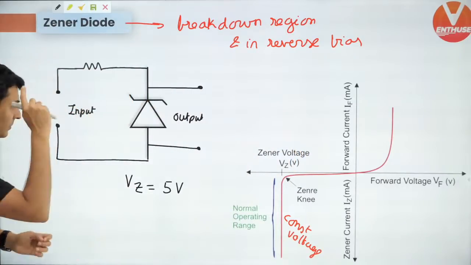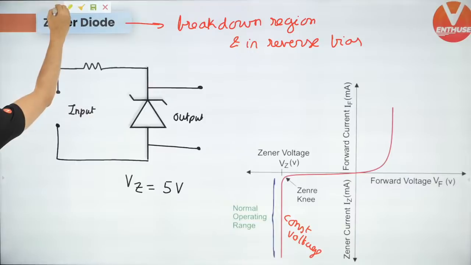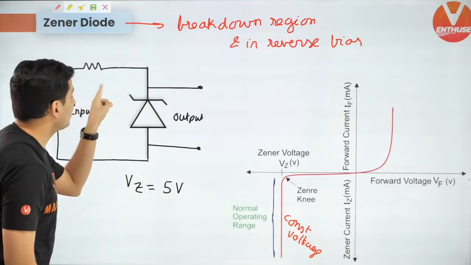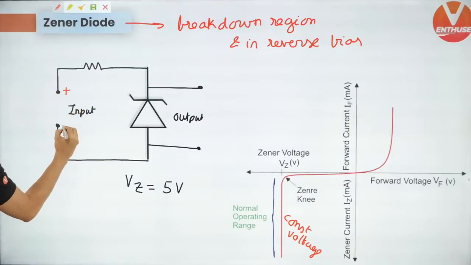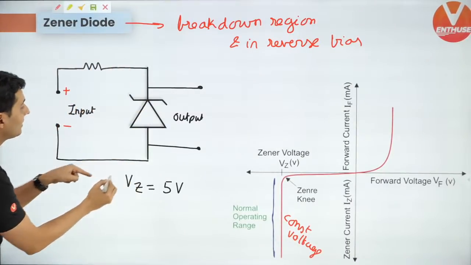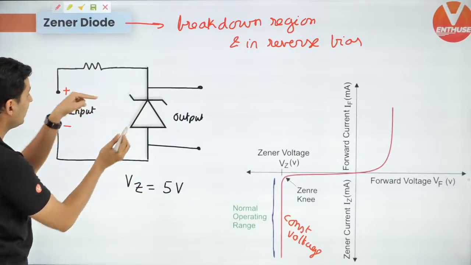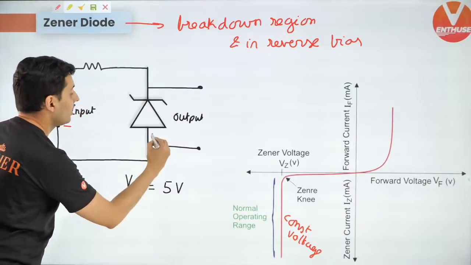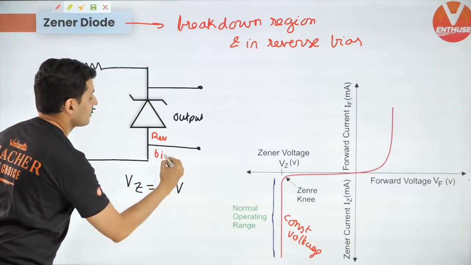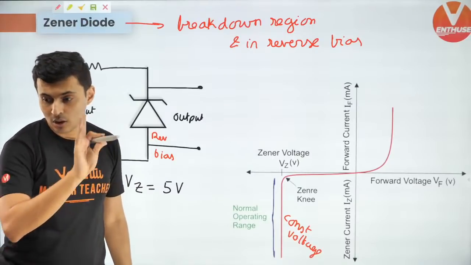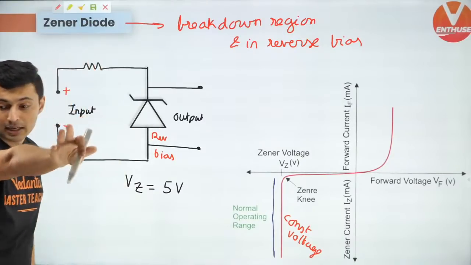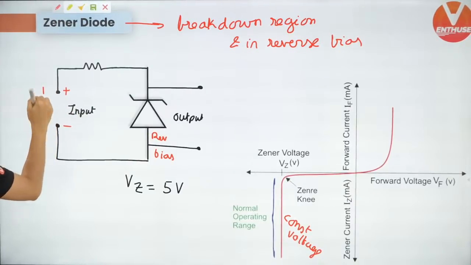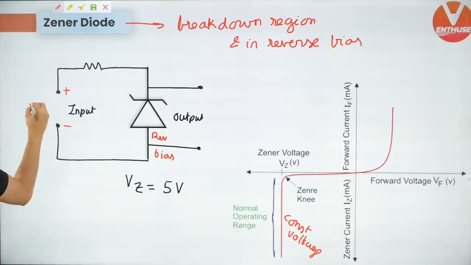Okay? Cool. Imagine my input voltage. See, this is in reverse bias. Do you see that? If this is positive and this is negative, do you see that this is in reverse bias first of all? It's not in forward bias. I hope you see that this is right now in reverse bias. Very, very important. Now, if the input voltage is 1 volt,